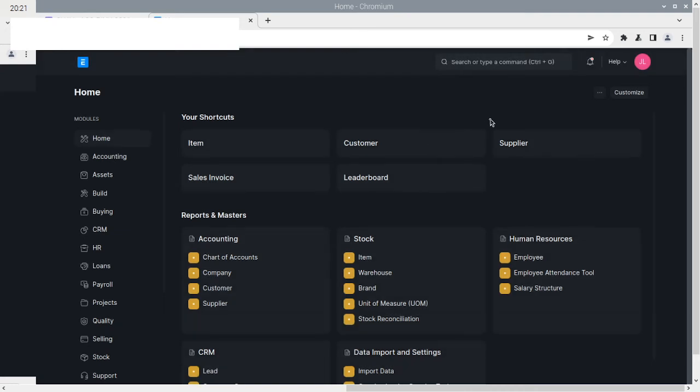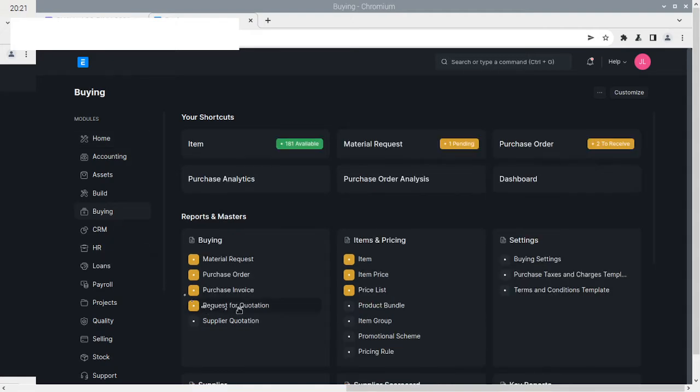So it's something which I reported as a bug on the ERPNext issues server. Hopefully the devs will look at that. But let me just show you what happens, and there's a workaround to this. If you do a purchase invoice,